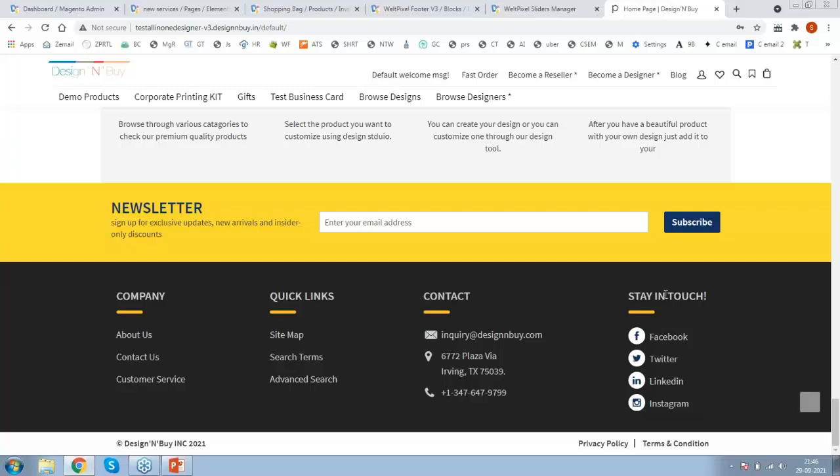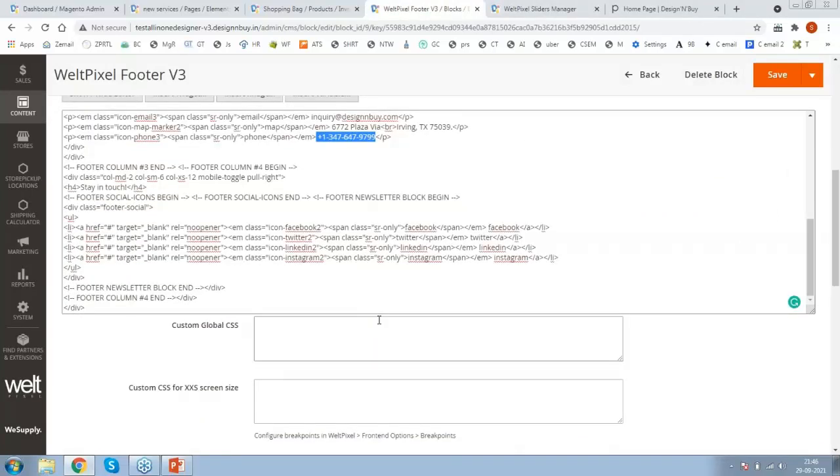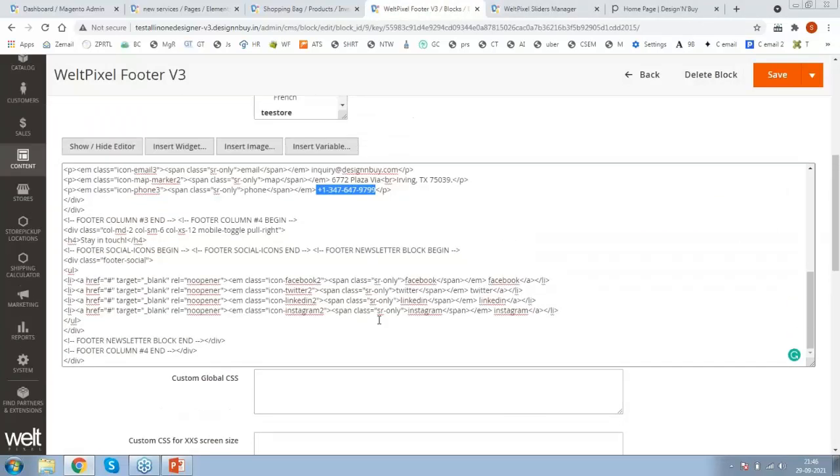After that we have the last section, that is stay in touch, where we are calling social media links. So the admin or customer will put their social links where they can route the customer to their Facebook, LinkedIn, Instagram or Twitter pages. Right now you can see href is equal to hash, meaning blank. Let's say I want to associate my Facebook, and it will be, let's say, facebook slash Satish.